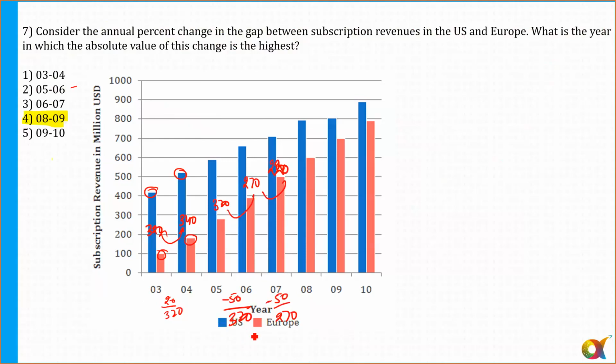Alright. And in the year 2008 to 2009, so the gap in the year 2008 is equal to 180. And in the year 9, it is equal to 110. And here the change is this difference, 110 minus 180, approximately 70 upon 180. And from 9 to 10, here 110 and here it will be approximately 100. So here I can say this is equal to minus 10 upon 110. And I need to find out absolutely, negate the negative sign and find out which one is the highest. So the answer will be 70 by 180.